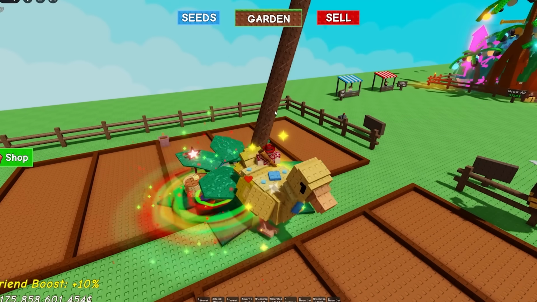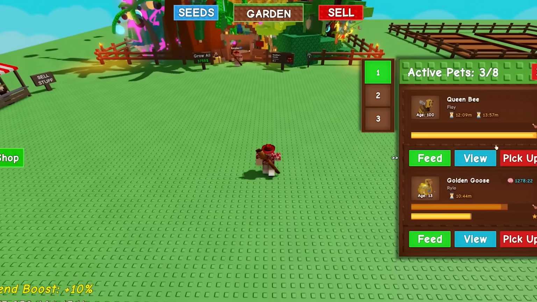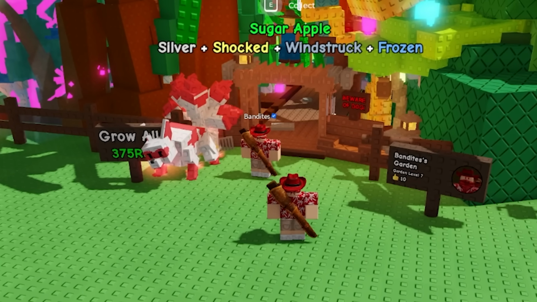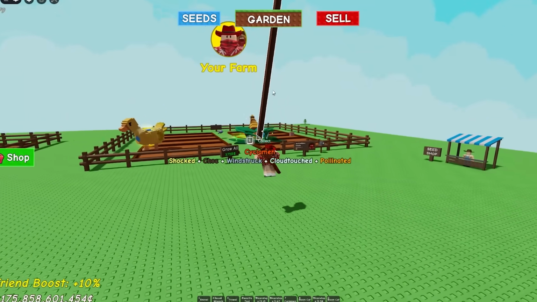All right, that should be good. That should be 5 mutations on it. Yep, there we go. We have 5 mutations on our cyclamen. It is good to go. And then over here on my main account, I'm going to go ahead and spawn in my kitsune. Let's go ahead and do that. There we go. Kitsune is spawned in, and then we'll spawn in a queen bee to save that kitsune a little bit of time. And that way we can get the chakra mutation applied to this cyclamen as soon...